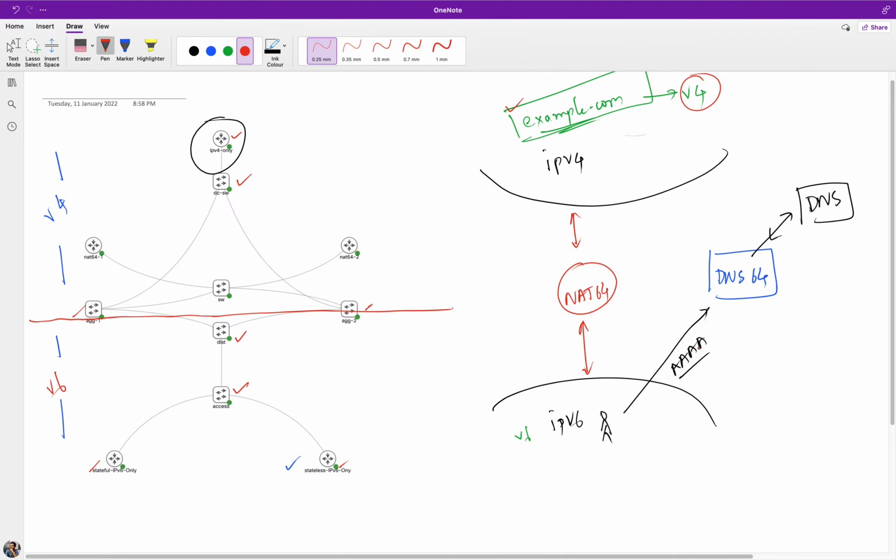Cool. So coming back here, you're sitting here, you're trying to talk to example.com, you've made a DNS query, the DNS64 has forwarded to the actual DNS, and the recursive DNS server has replied back saying, look, I don't have a v6 address for you, I'm sorry. So the DNS64 which is sitting here will fabricate a v6 address for you, right? That's the cool thing which it is going to do. That's the main job, right? Because it is not going to resolve anything for you. Whatever resolutions you are going to request from it, it is just going to forward it to the actual DNS